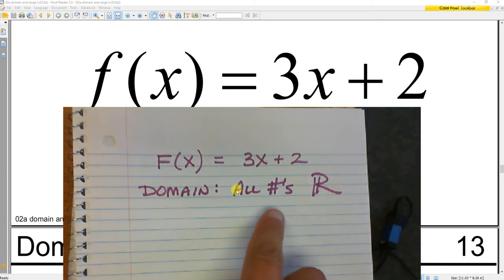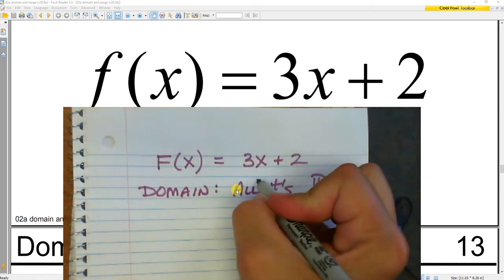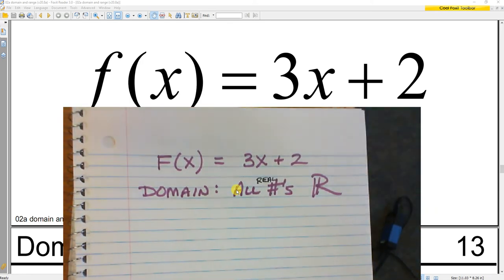And so I need actually real numbers. I know you don't fully understand real versus imaginaries versus other things. Okay, we're going to put the word real there. All real numbers can go into this. There's no way to break this thing. It doesn't have a square root that I can break. It doesn't have a fraction that I can break. It doesn't have a division that I can break. I can't break it. And the range of this